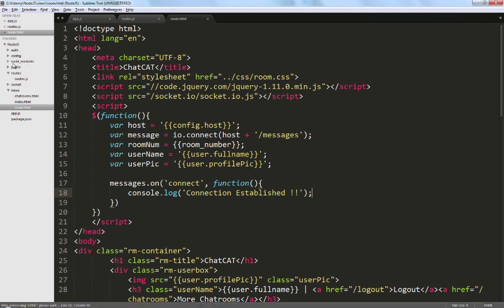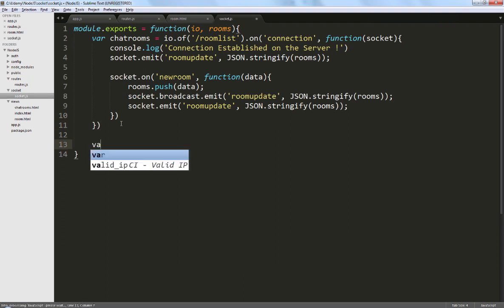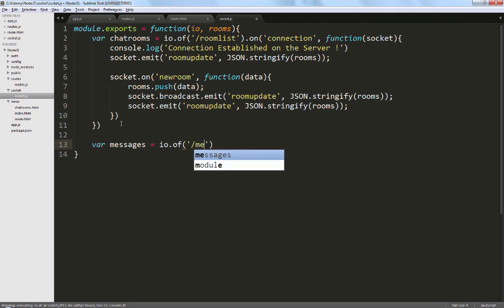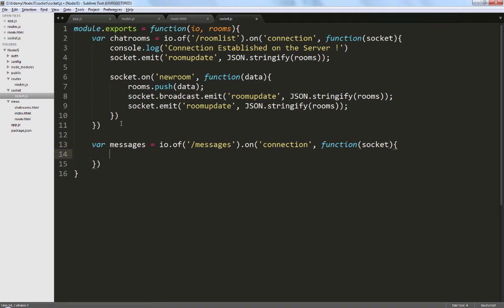Now we'll go into the socket.js and let's try and create a handler for the messages namespace. So we'll say var messages is equal to io.of messages, and we are looking for the connection event to happen, in which case we'll have a function wherein we'll pass in a reference to the socket, and for now we'll just say console.log connected to the chat room. Okay,